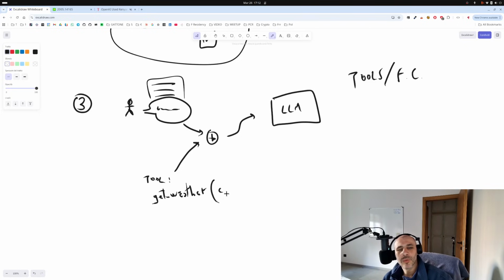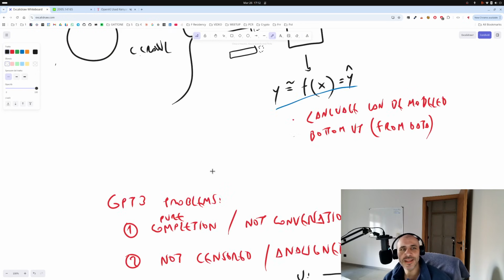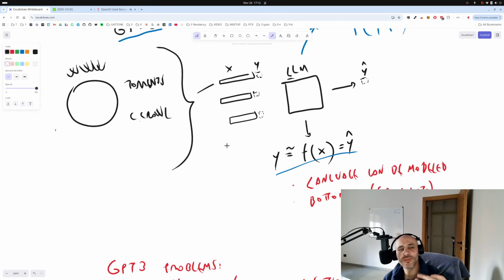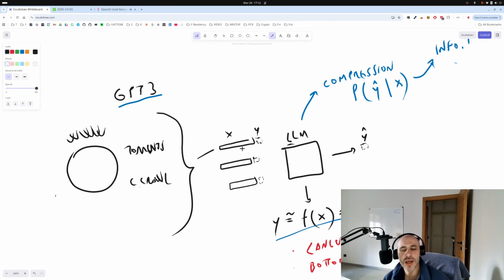And the argument of getWeather is a city, for example, or open the door, write a file, whatever. Imagine every kind of function that can run on your computer. And each of these functions, with the arguments accepted by the function and a description of it, is serialized as a string inside the prompt. So inside the context, the model will find a description of a set of functions the model can decide to use. The language model is never calling a function directly.